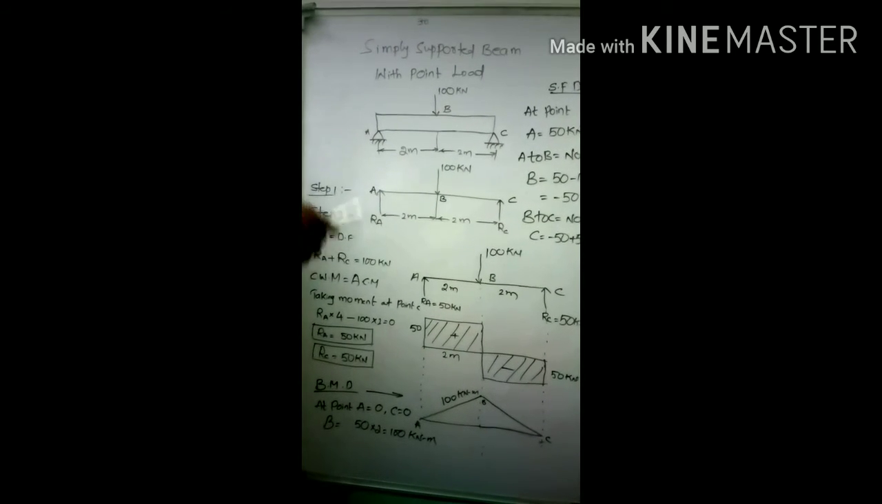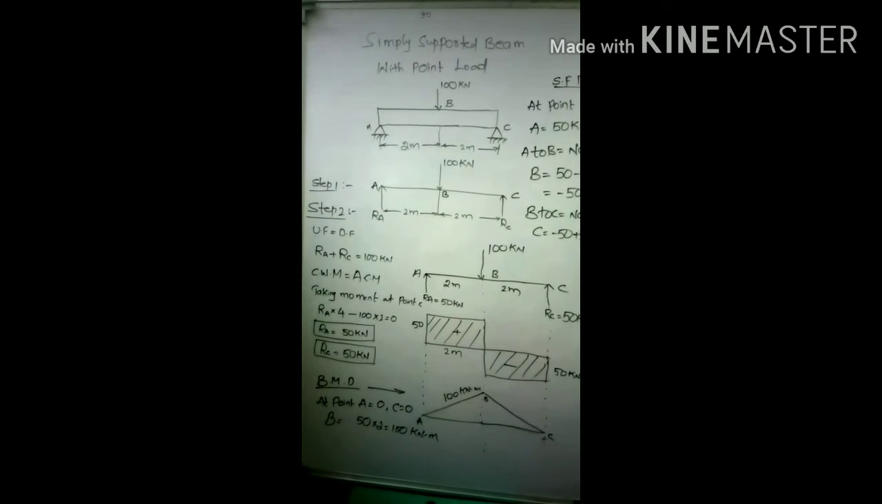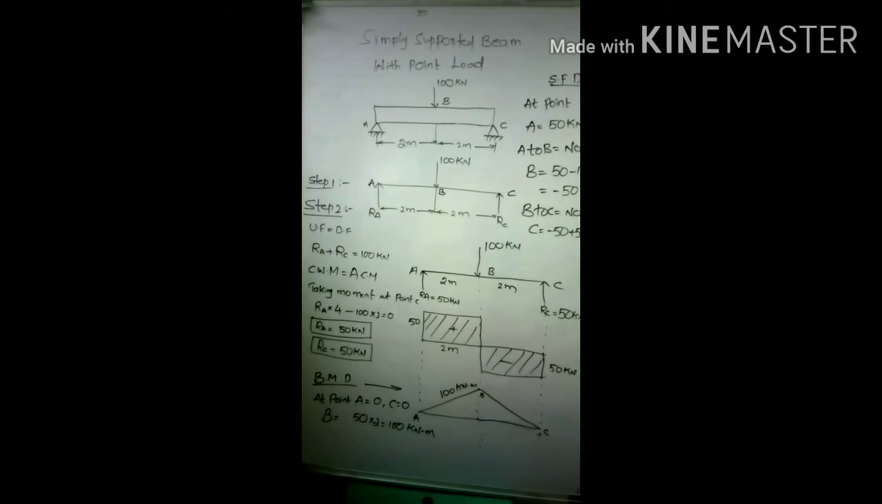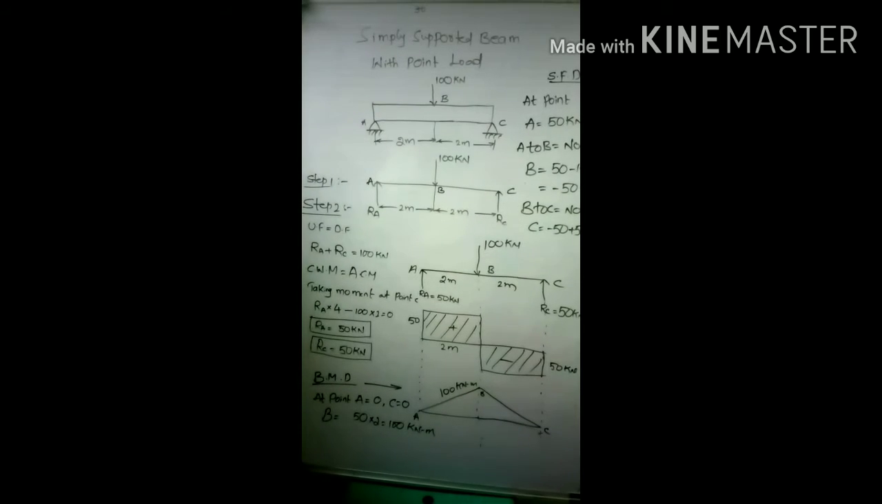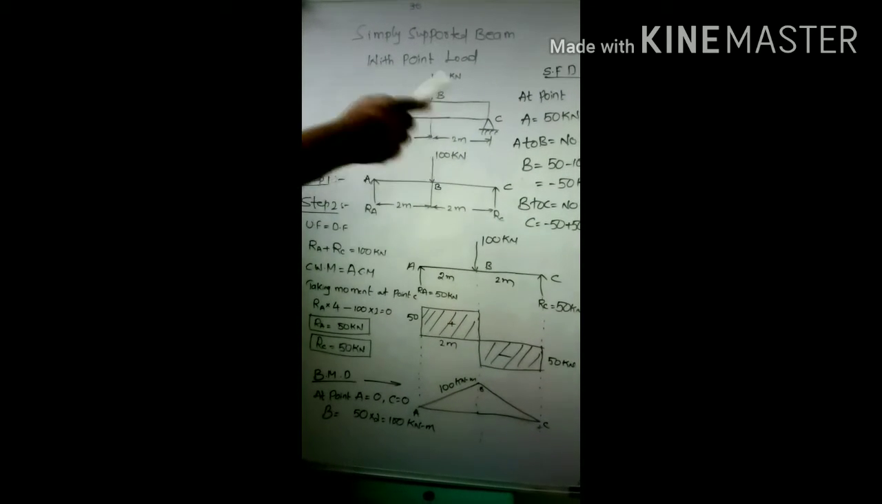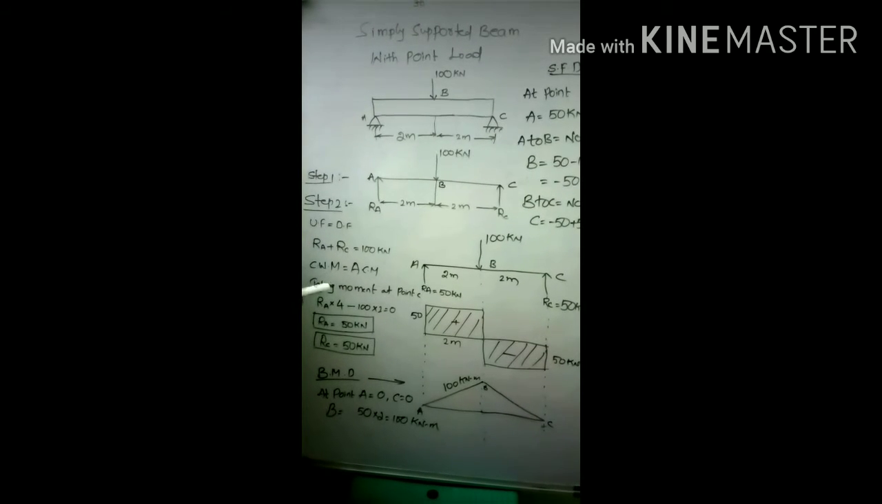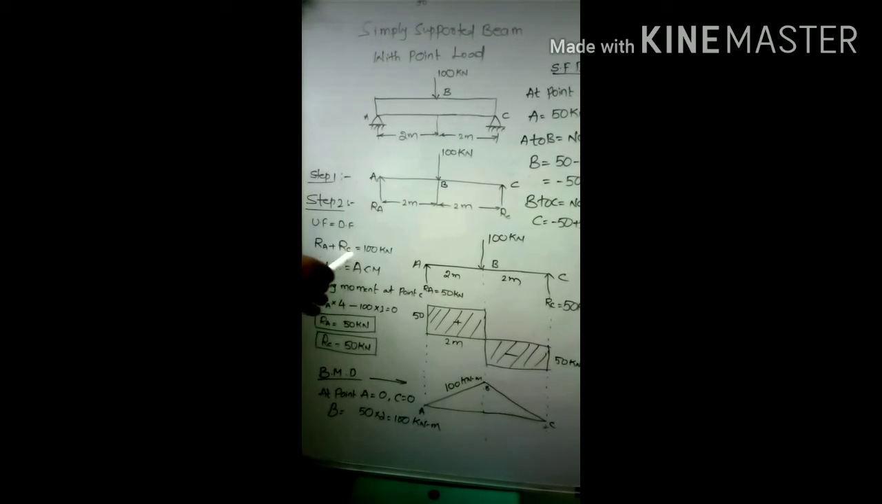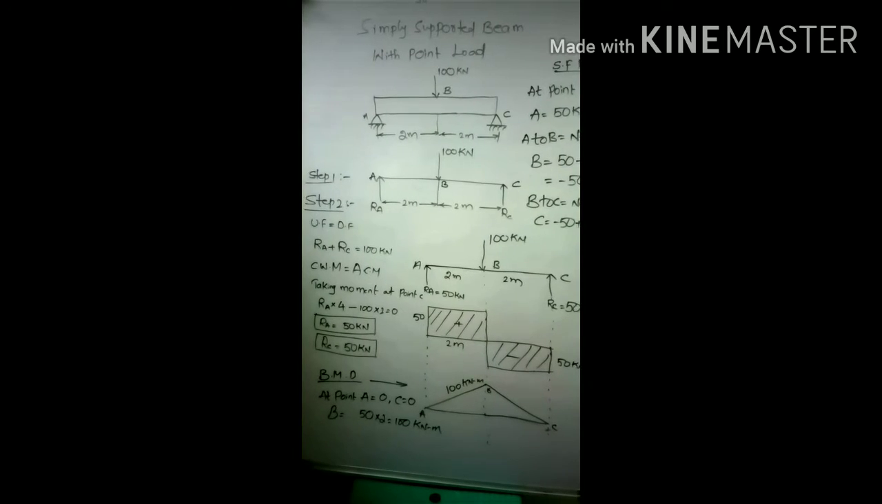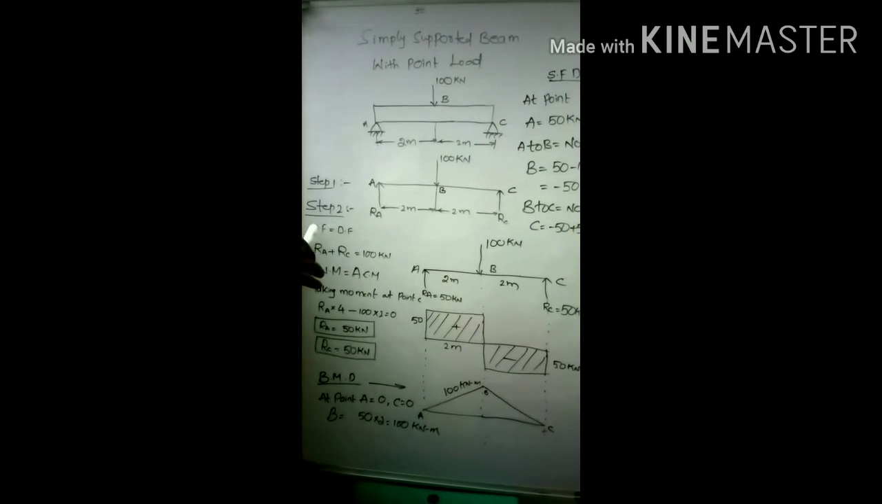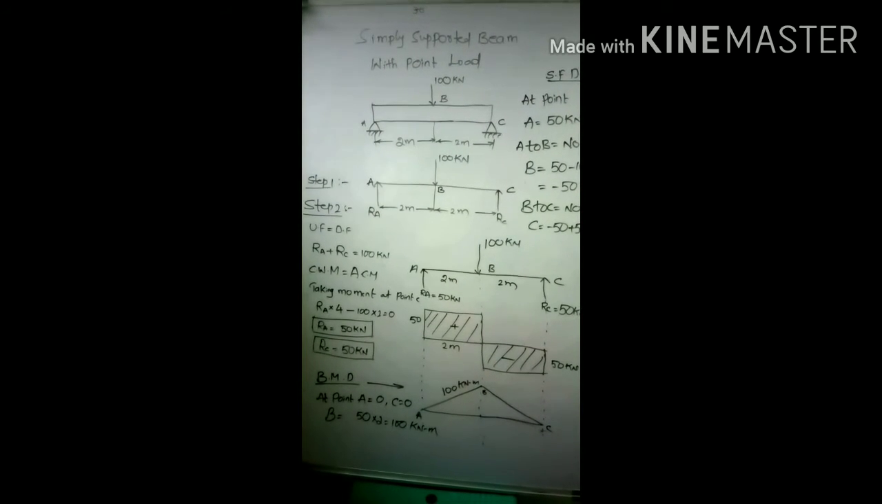What is the upward force and what is the downward force? Simple thing. The upward force means the force that is acting in the upward direction. Here the RA value and RC value are the upward forces. And what are the downward forces? Only 100 kilonewtons is the downward force. So we have RA plus RC is equal to 100 kilonewtons. Okay, so upward force equal to downward force. Next,